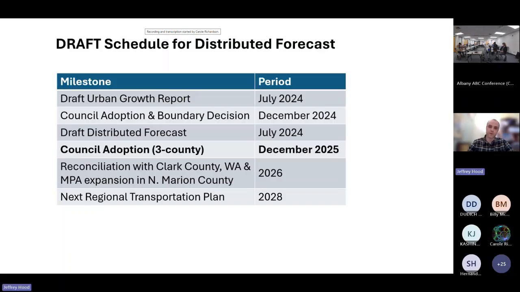And then following kind of the same cadence, we're looking to complete a draft distributed forecast by July of 2024, which will then be adopted for the 3-county area in December of 2025. Following that, in the next year, we'll do reconciliation with Clark County, Washington, and also we have a new expansion